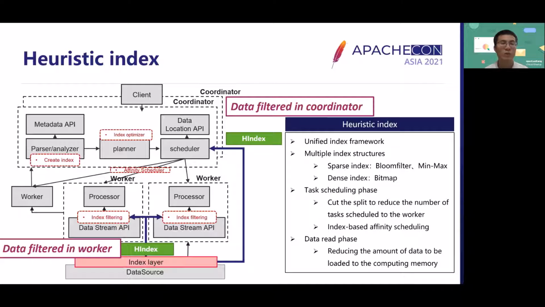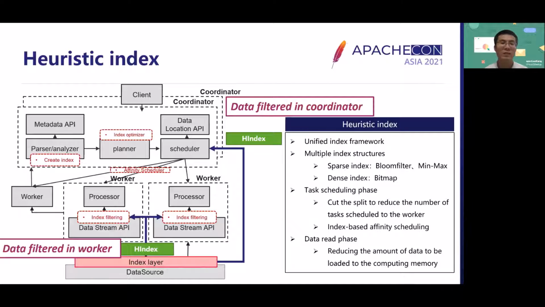After that, it will send the query to the planner, and the planner will generate the initial execution plan for the incoming statement, and then optimize the plan using the existing optimization rules to improve the overall performance. After that, the data scheduler module will schedule the overall execution plan